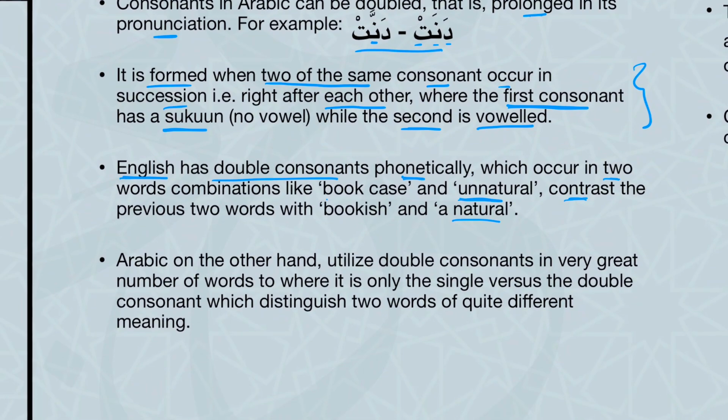Now, shadda is important, as Yahya mentioned, because if you fail to recognize shadda in words, you might have a lot of problems, since some words have different meanings. They are written the same, but the shadda on some letters can change the meaning. For example,